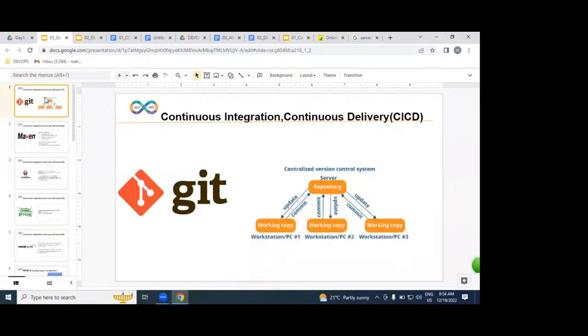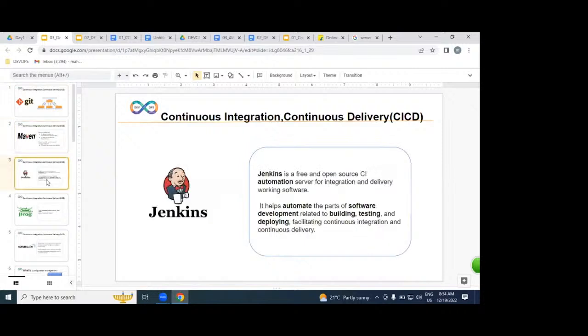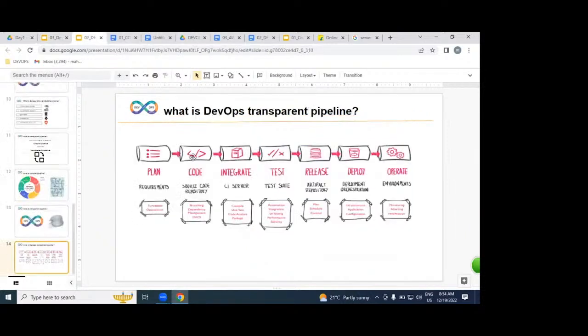All developer source code, as DevOps engineers, we maintain in Git version control. But all developer source code we should execute, right? We need to build it using Maven. But this entire process is automated with the help of Jenkins. Jenkins is an automation tool. This entire DevOps process is automated by Jenkins only.